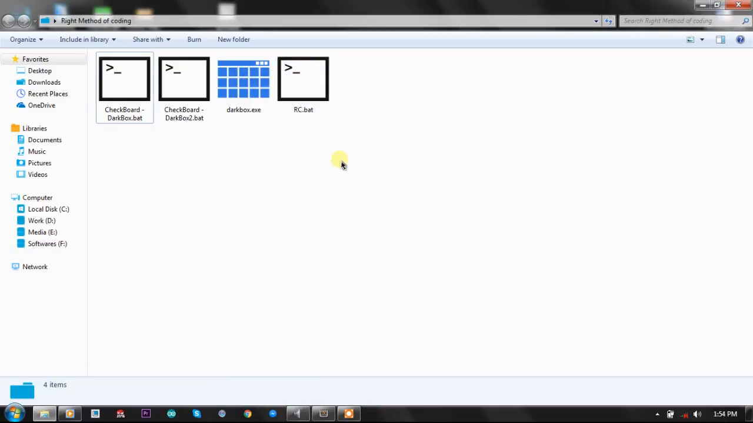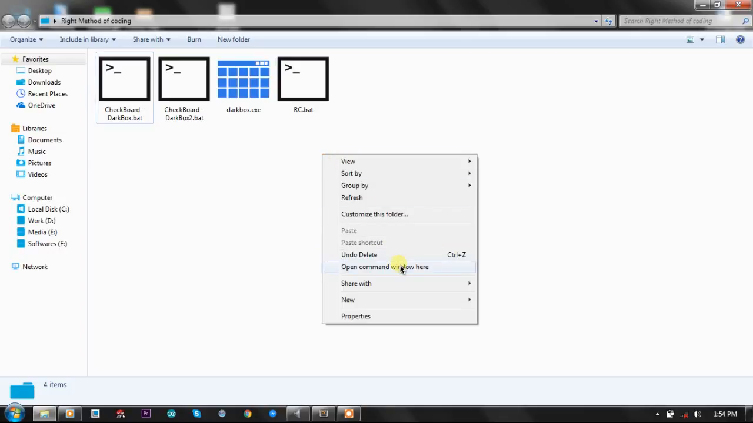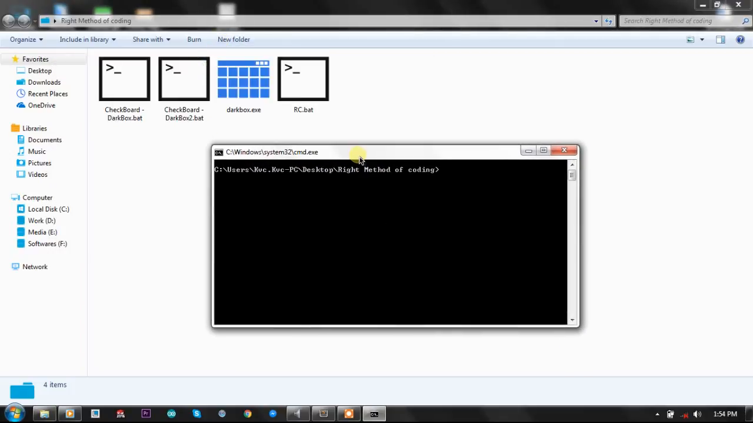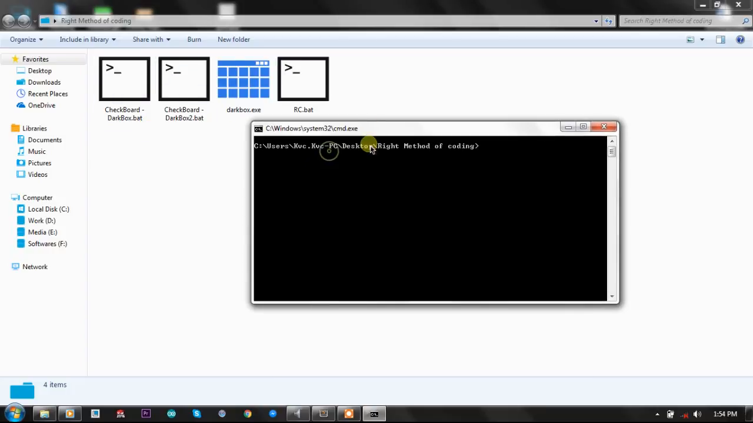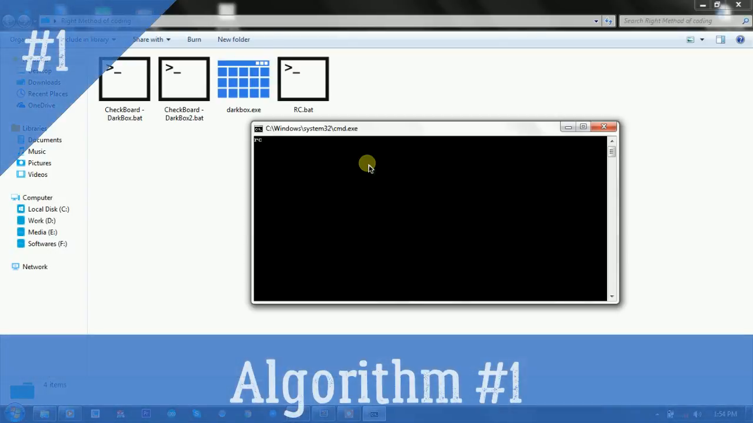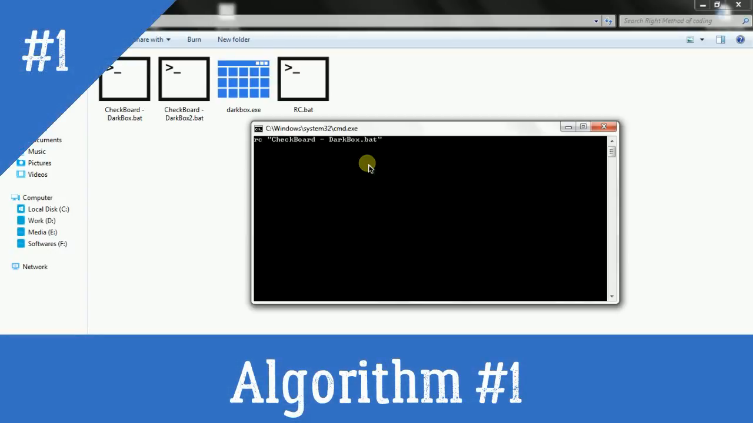So let's stick with the topic and open cmd here. Let's see what the execution time difference between these two files is and what the right method of coding is. Let's see the execution time for the first file, the one by tsnake. Pressing enter, and as you can see, it has printed a checkboard type output on the console,